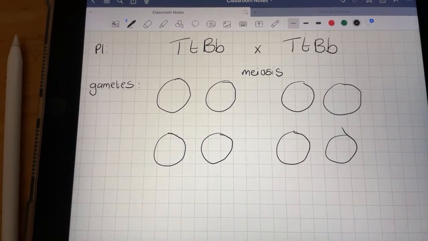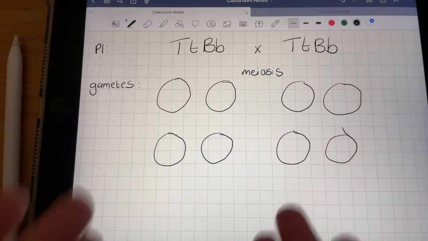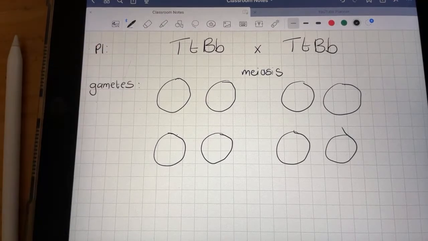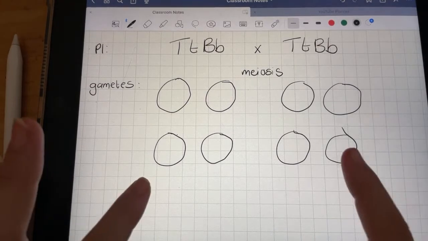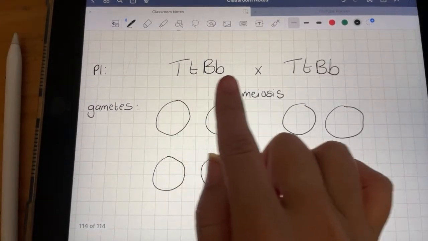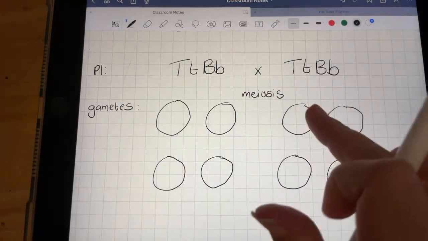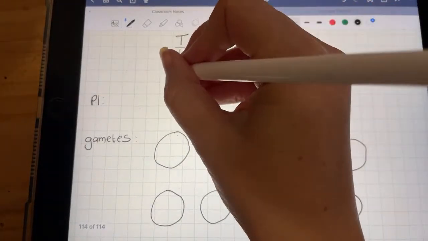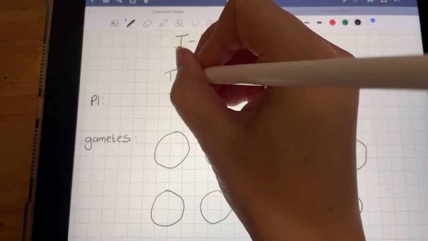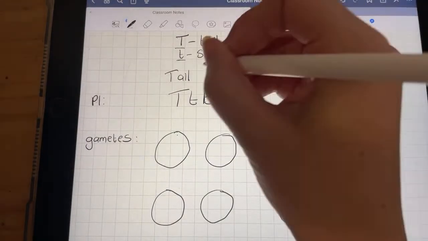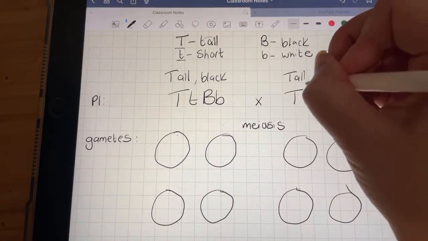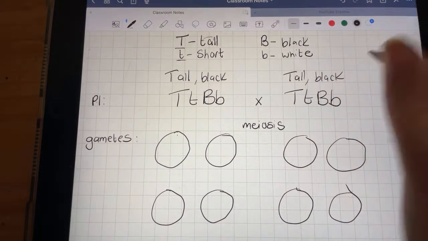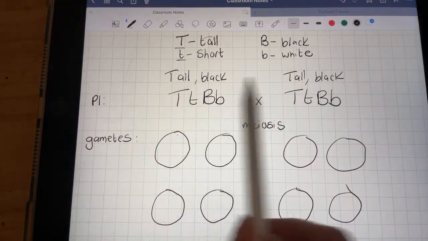Everybody, I mark final exams for paper 2. This is the kind of question I mark. And I'm telling you, it doesn't have to be there. It is not on the memo. It is not awarded any marks. So all you have to do is write the genotype of the parents. I'm actually going to write the phenotype as well because I forgot to put that at the top here. So this is a tall and black parent, and this is also a tall black parent. But you don't have to write phenotype, tall and black.